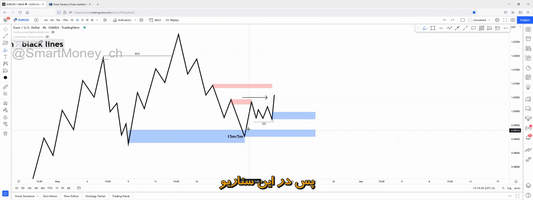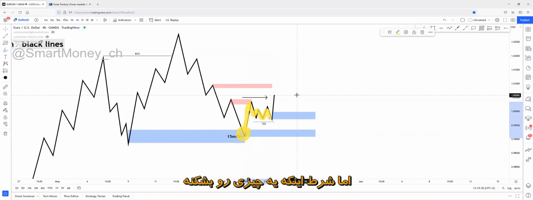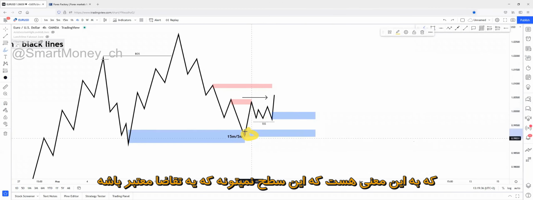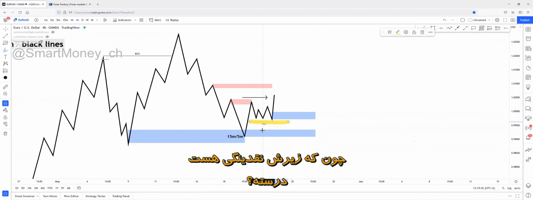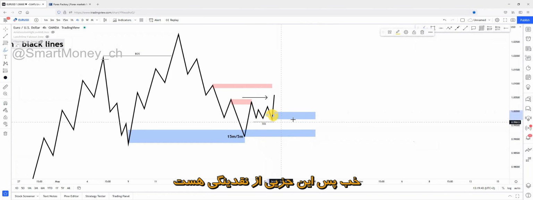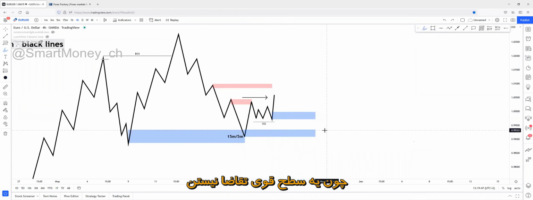So in this scenario, this demand zone has liquidity, has inefficiency, but it's missing the break of something, missing the flip of something, missing the change of something. Meaning this isn't the right demand zone, this isn't a good demand zone, and this isn't a good demand zone either, because this has liquidity just below it. So this is part of the liquidity. Meaning you can't open a position on this demand zone and you can't open a position on this demand zone because this is not a strong demand zone.